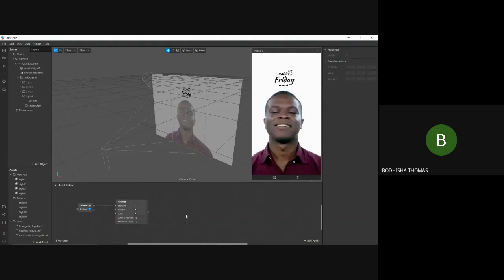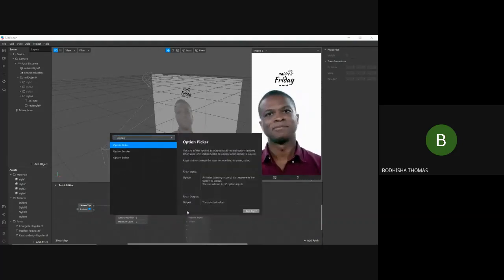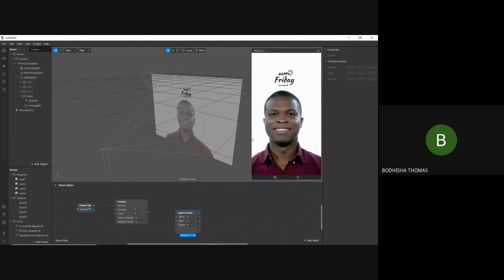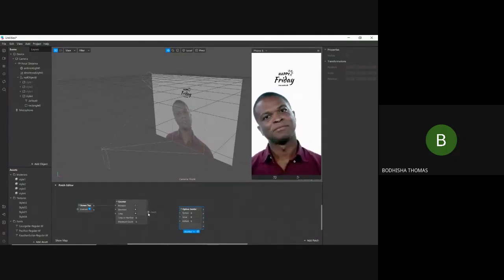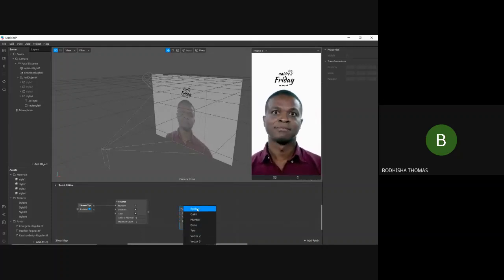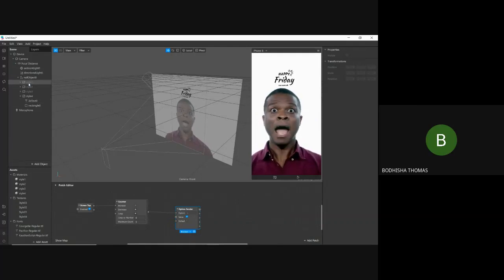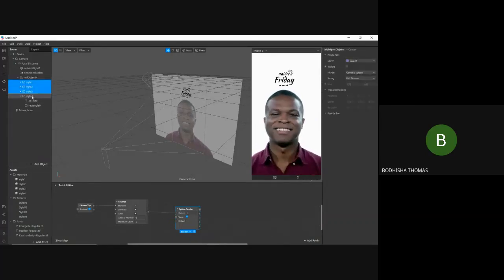So we'll add another patch called option center, which basically chooses between different options. We have different options, like 4 different styles, right? So we'll choose this option center. We have to change this to Boolean, and we have to tick on this value because value should be passed. So we'll connect this option to option. What we need is we have to add the different options. Which are the different options? These styles are the different options for us now. So we'll select all those styles.